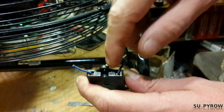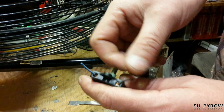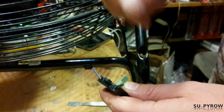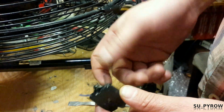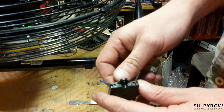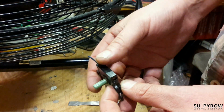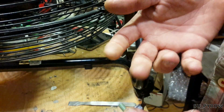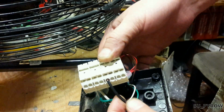And this is the type of connector where it's actually a friction fit. And for whatever reason they used stranded wire and a push-in friction connector. That's like a major no-no. You don't use stranded wire on a push-in like that. You have to use solid gauge wire to do that. So who knows what kind of, I don't know. And it's hermetically sealed. I'm not busting up my tools to get into something that you have to super glue back together. What I ultimately ended up using was this terminal block here,